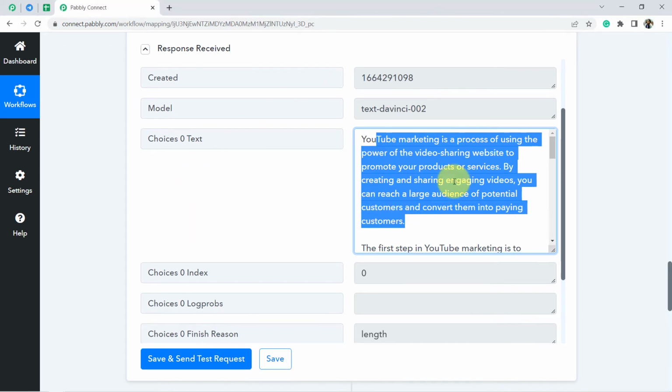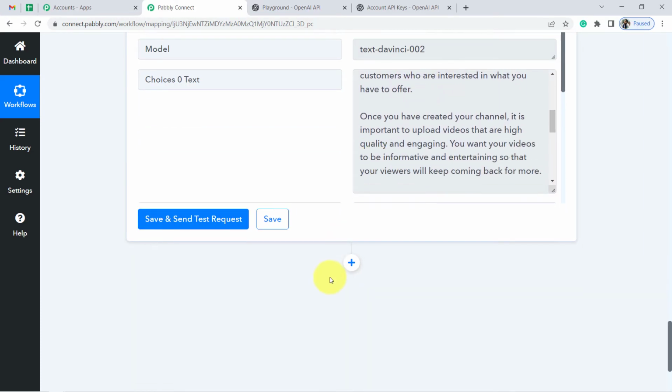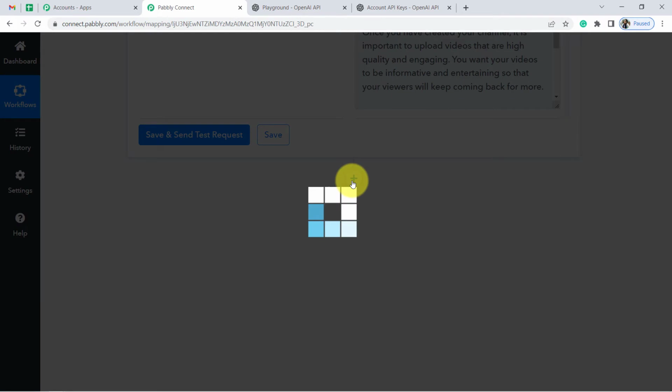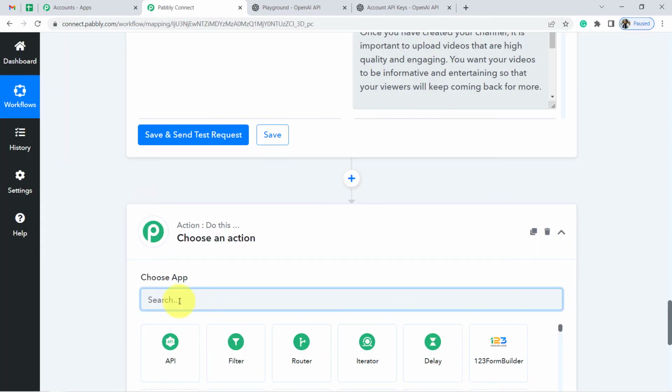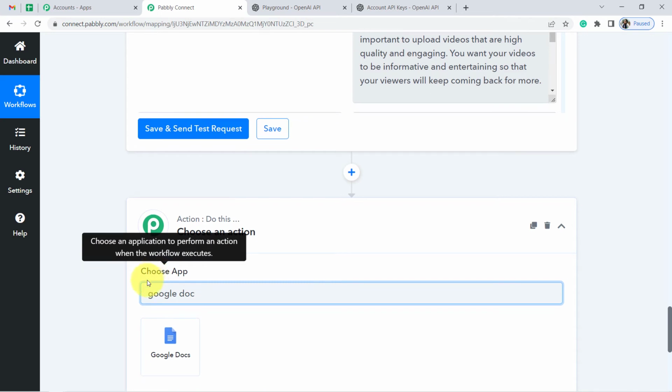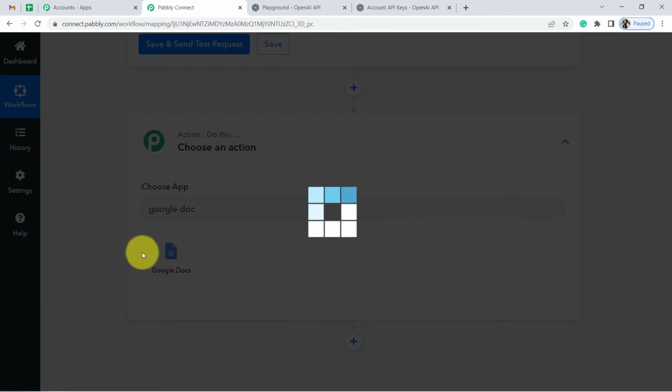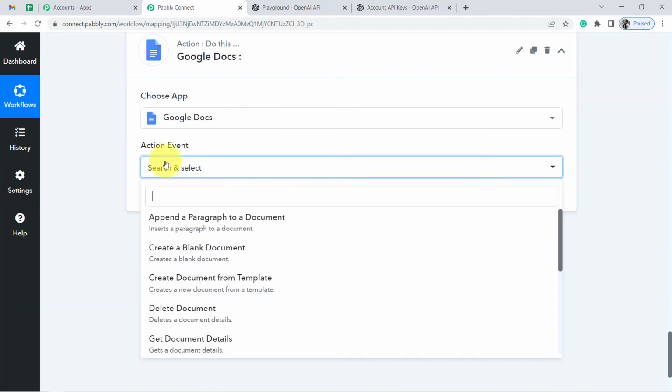Now finally, I'm going to share this content with my team on Telegram. But first, I will draft this content in the Google Docs application, and I will then share the link of that Google Docs with my team on Telegram. So here I will have to click on this plus icon, and here I am going to choose Google Docs